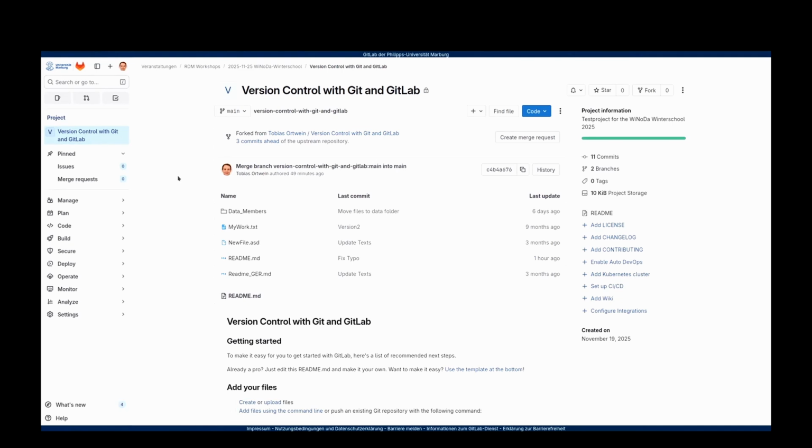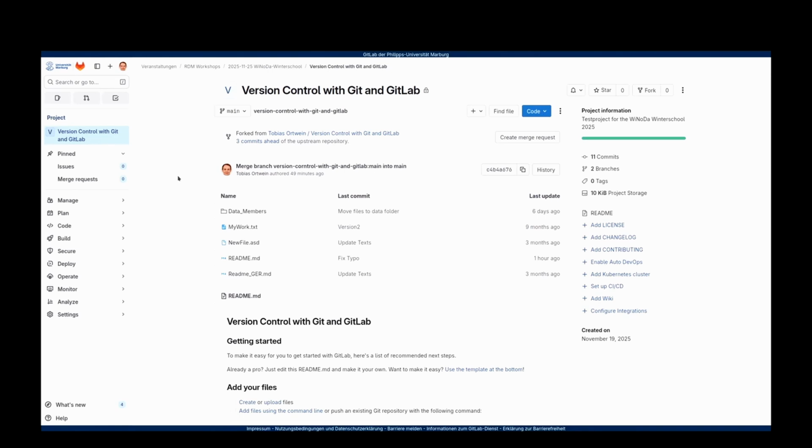GitHub and GitLab are basically two platforms which offer you access to repositories. They offer you version control for your files. Both do that, but apart from that, GitLab offers different functionalities which you cannot access at GitHub, and vice versa. I'm not sure whether there's a publicly available instance of GitLab, but a lot of universities or institutions host a GitLab instance. This is the GitLab instance of our university, and all the major universities usually offer GitLab